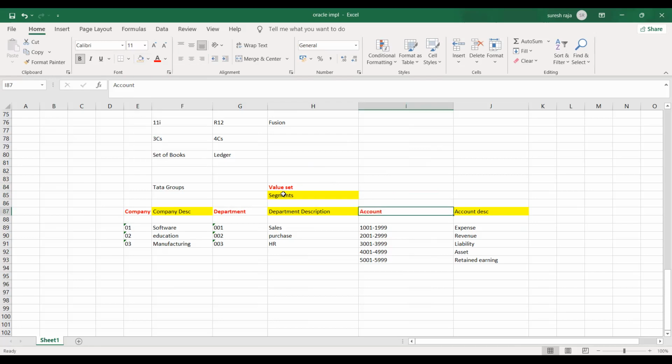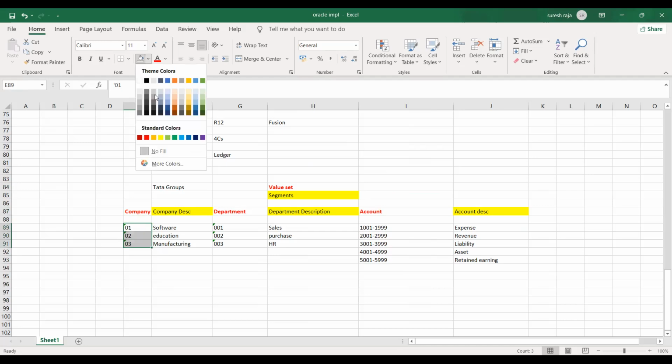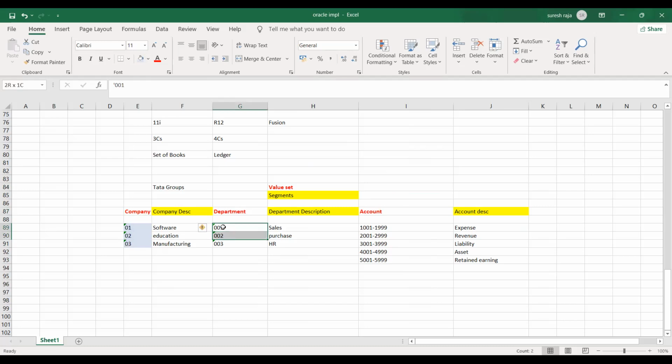So first I will create a segment, company description, department, account. Then I create value sets, called company value set, department value set, for putting values. So what are these called? These are all values.